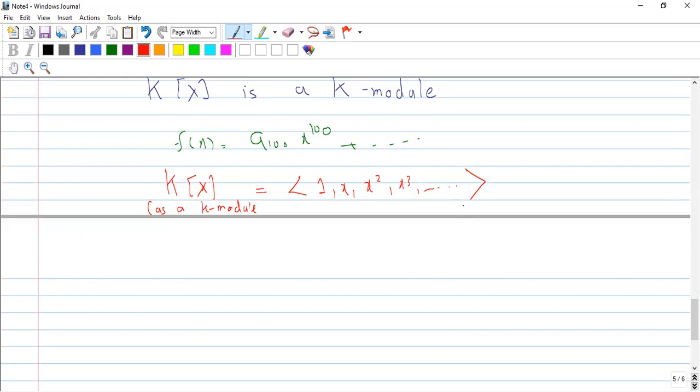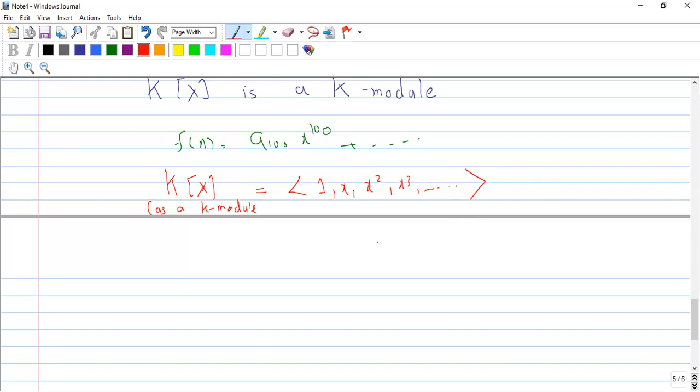So that's why the generating set would be an infinite set, and also it is an example of an infinite dimensional vector space, because k is a field. और इसकी जो basis set है वो countable है, but finite नहीं,